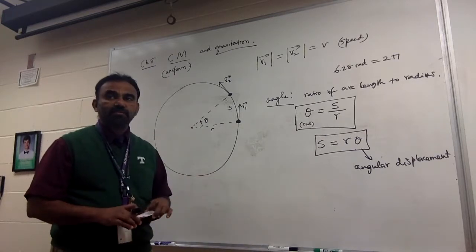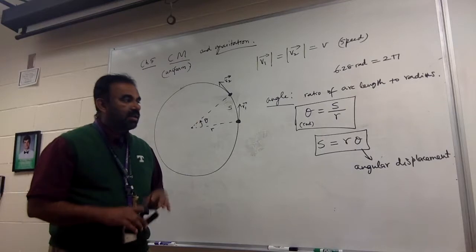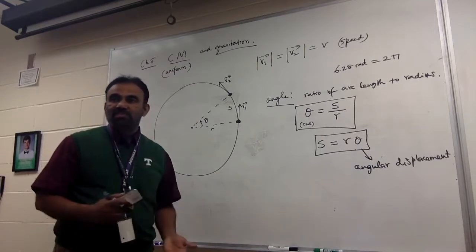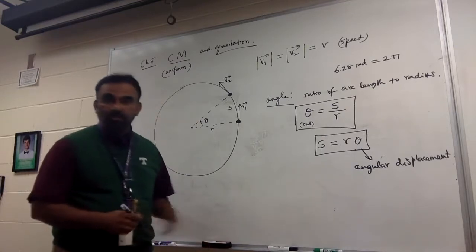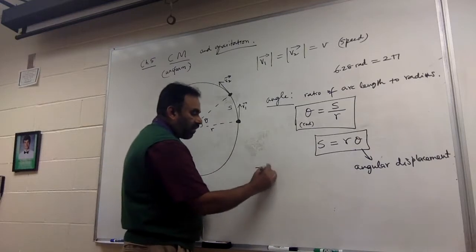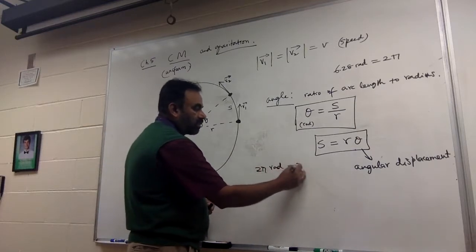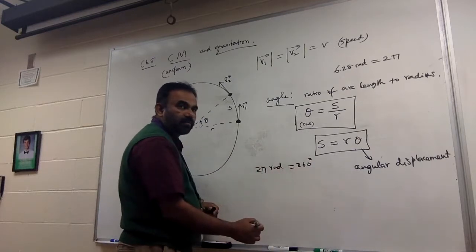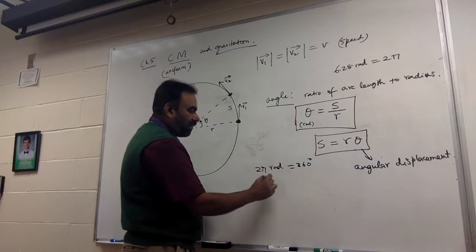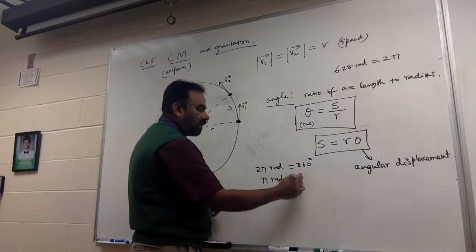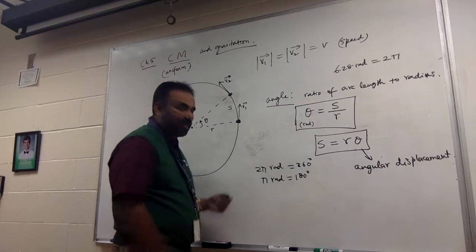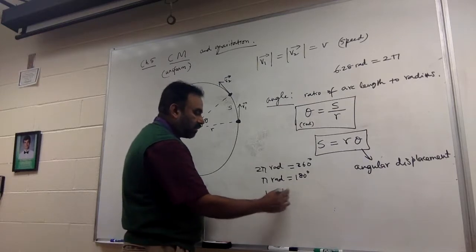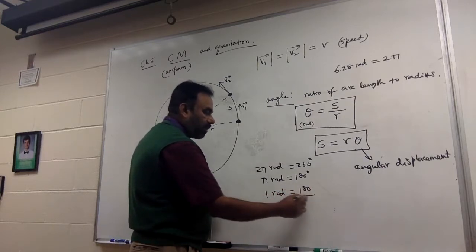Any questions so far on radians? Now, how do you change from radians to degrees? From degrees to radians is something that you need to know too. So 2 pi radians is 360 degrees, or pi radians is 180 degrees. And therefore 1 radian will be 180 over pi